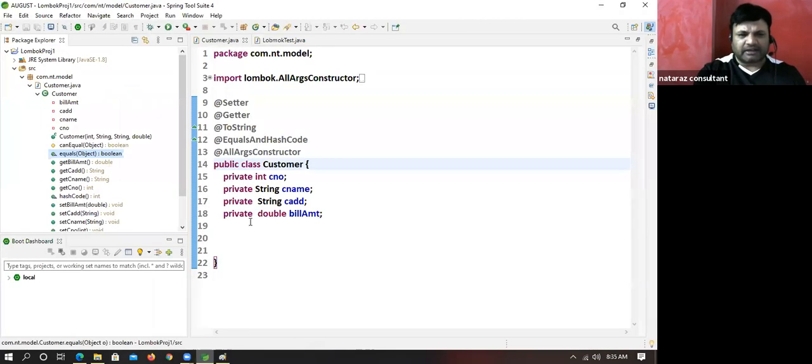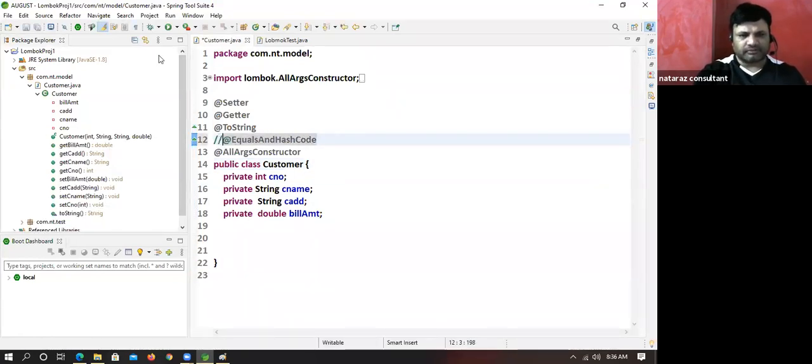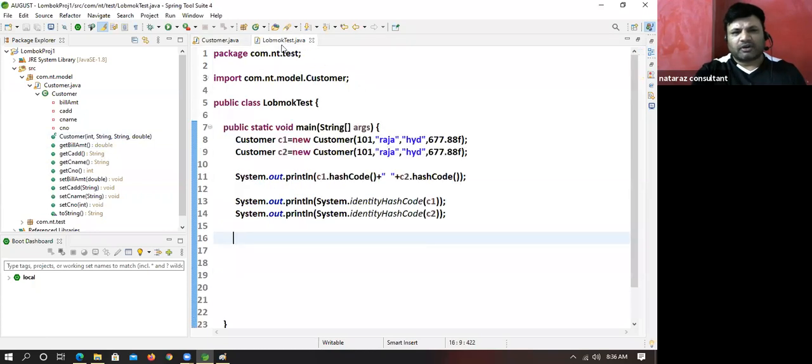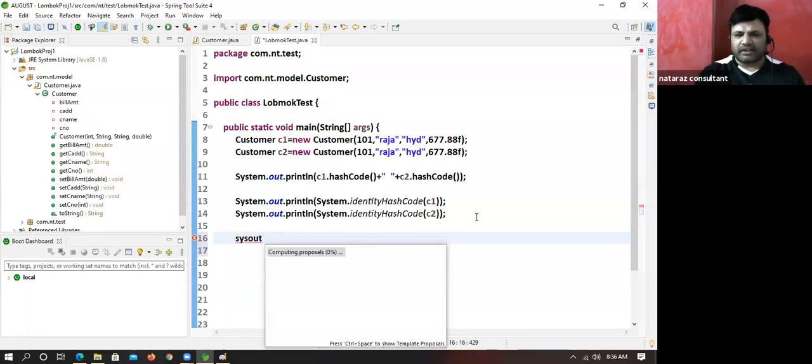Now let me show the practicals, then you will get an idea. Right now I am not keeping the equals and hashCode methods. That's it. Not keeping, save it. The moment I saved it, the equals method is gone. Okay, now you observe. Everyone please stop your videos. Right now there is no equals method. If I call equals, it will execute the super class method. Right now both objects have the same state. Did you notice it? Yes.